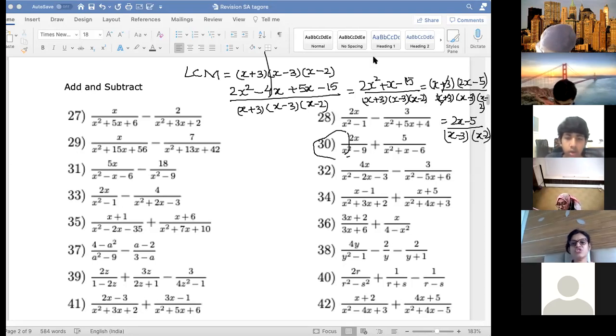Okay. So you just wrote one bracket, Ahmed, in the answer. You just wrote 2x plus 5, which is 2x minus 5 actually. And in the denominator you don't have x plus 3 because x plus 3 gets cancelled out. So this factorization is wrong. The sign is wrong. If you break the middle term, 6 5s are 30, so you will take plus 6x and minus 5x. Okay. Understood, Ahmed?